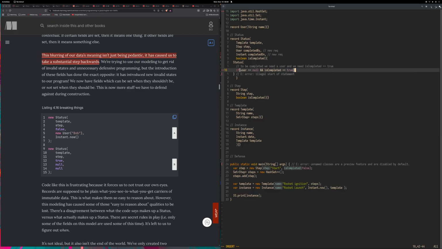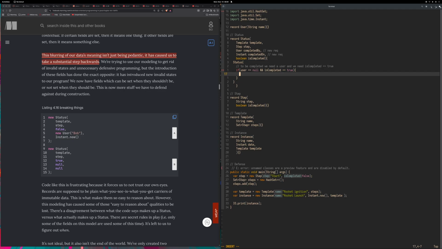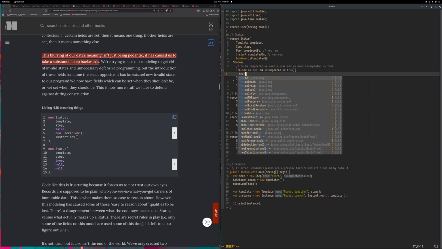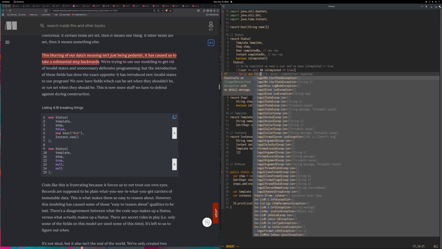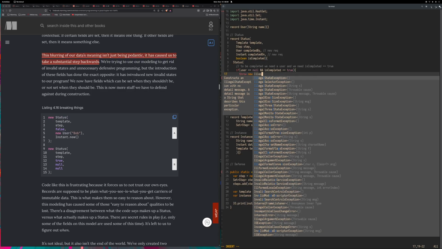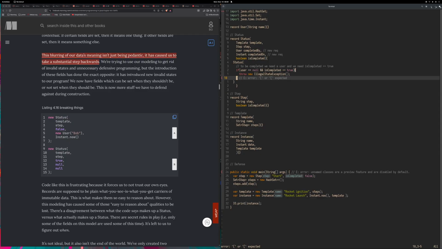This is just an example. Obviously it's not exhaustive. You want to throw, it's not thread, but throw new illegal state exception. So this is one step, and I believe what they're saying is by writing this code, we've introduced a problem. So we shouldn't be writing this code, right? Because we want, so the only time that